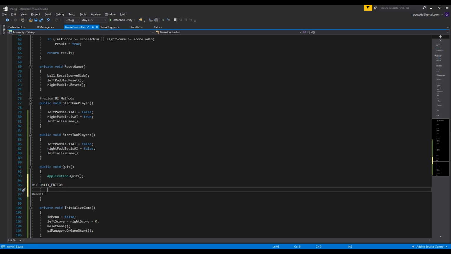So this is only going to compile when it's in the Unity editor. Whatever's inside between here and here won't make it to the final build. But just so we can make sure and test it in the editor, we're going to say UnityEditor.EditorApplication